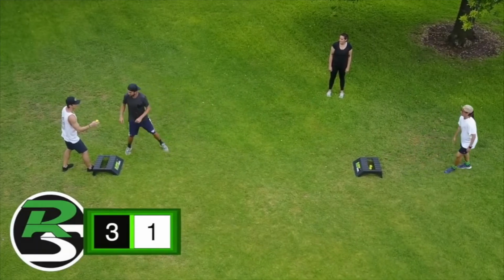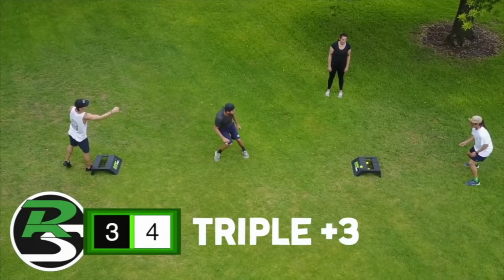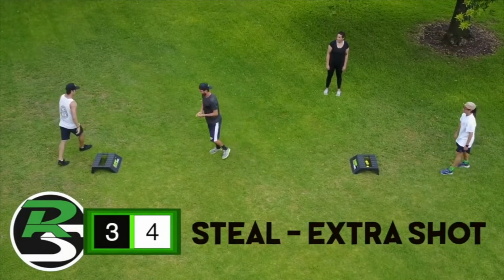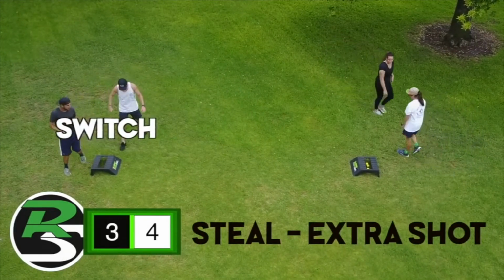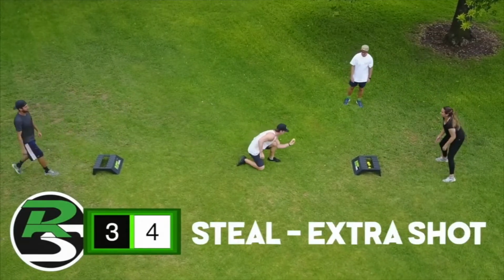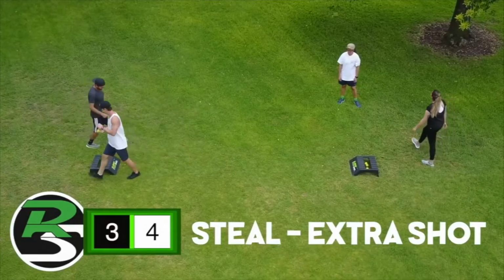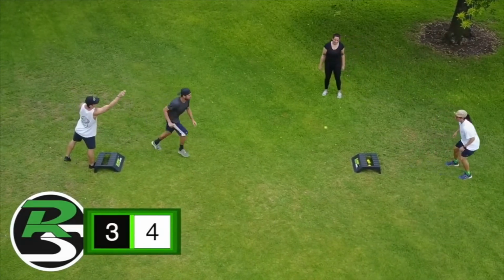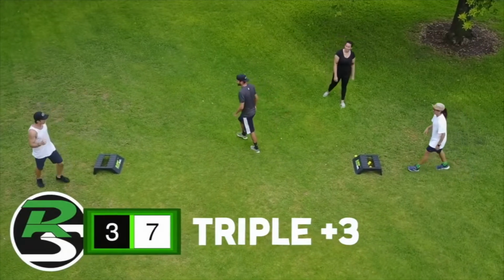The first of 3 shots hits the board and the playmaker makes the catch for 1 point. The second shot goes in, giving the team in white a 4-3 lead. With the stolen shot, the shooter gives it right back and the players will switch positions yet again. There is no limit to the number of steals per round, and as we see here, another steal means another switch. The shooter is able to convert that steal into 3 more points, bumping the team in white to a